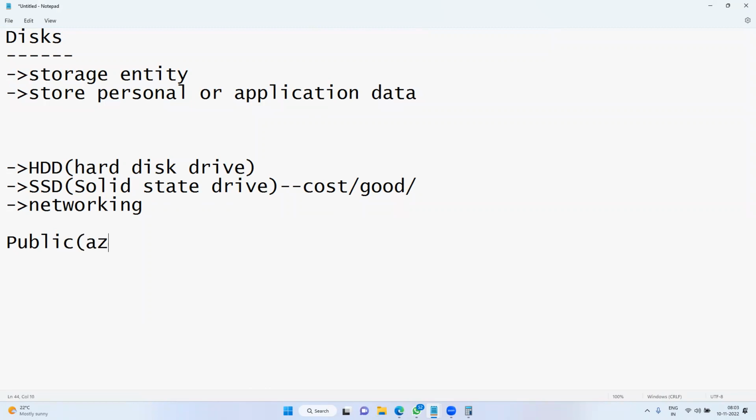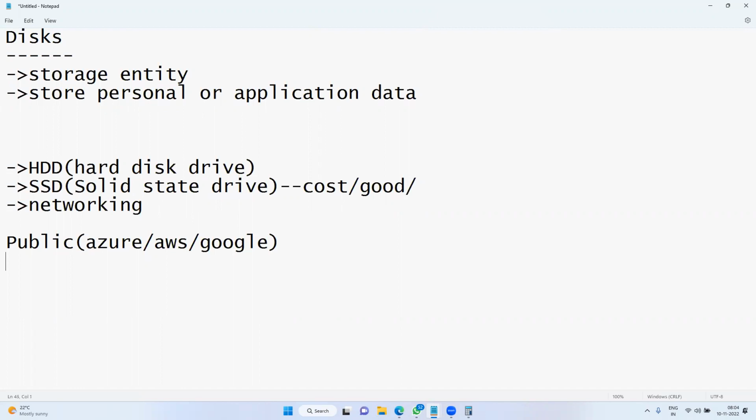When you go for Azure, AWS, Google Cloud, by default these three are public clouds, guys, inbuilt. When you host services, that service can be accessible publicly. When you deploy any service on top of these three cloud platforms, by default it is public.